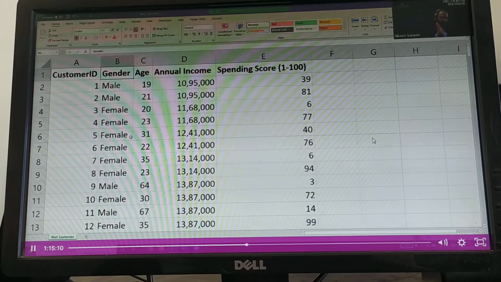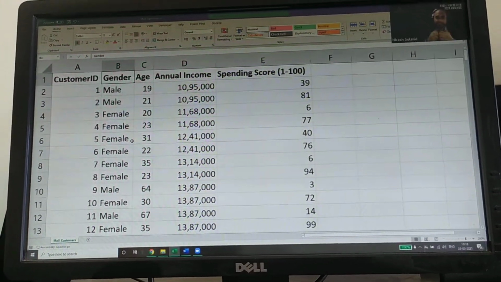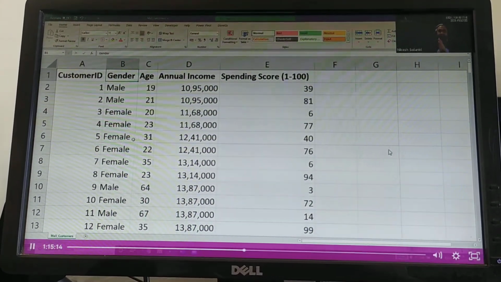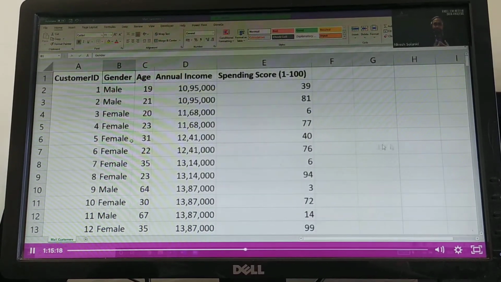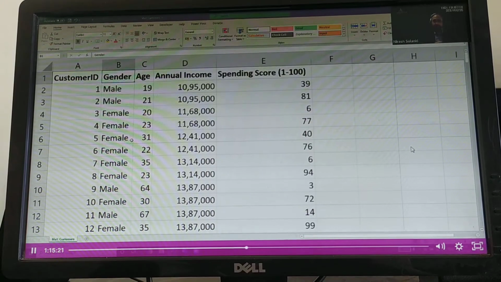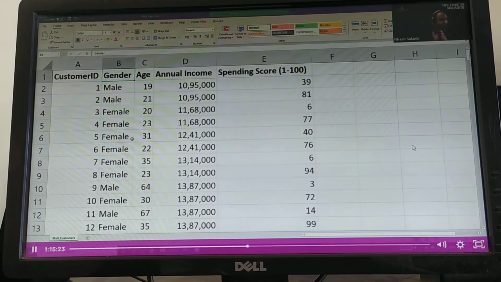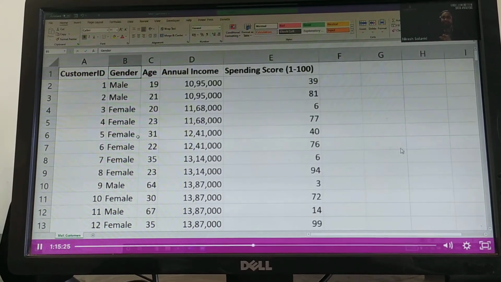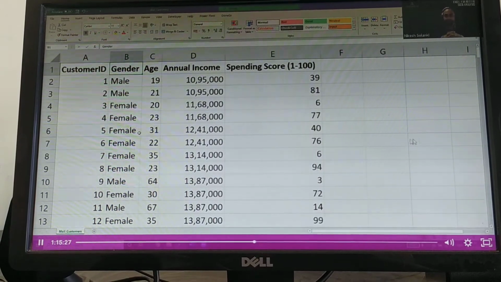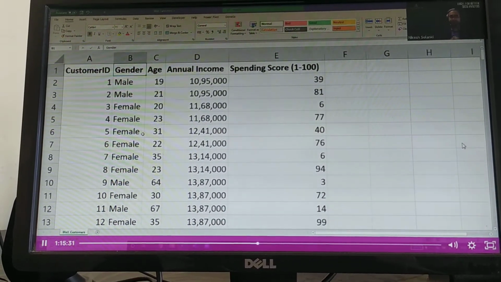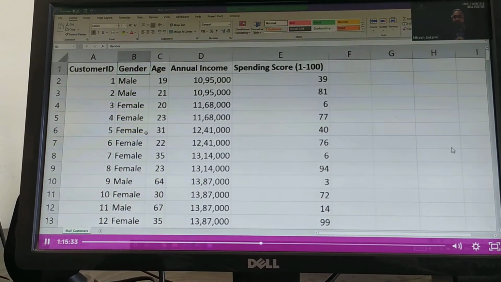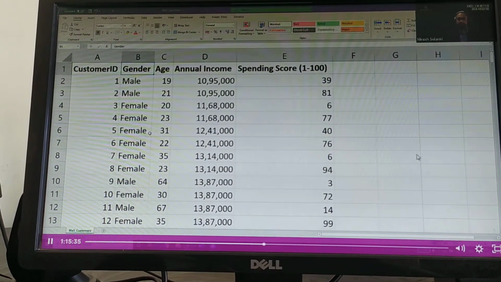Generally, you have this kind of data in your companies also, like the sales data and your financial data. Now, let's start. I'll start with a sample question, and probably someone from the audience can help me out. I would like to understand the average annual income of this set of 200 customers that have come to the mall.